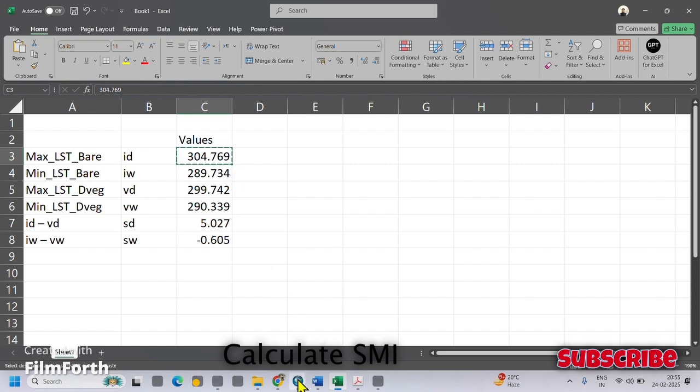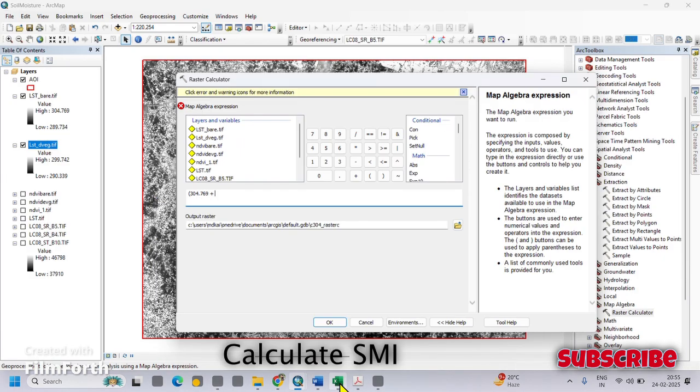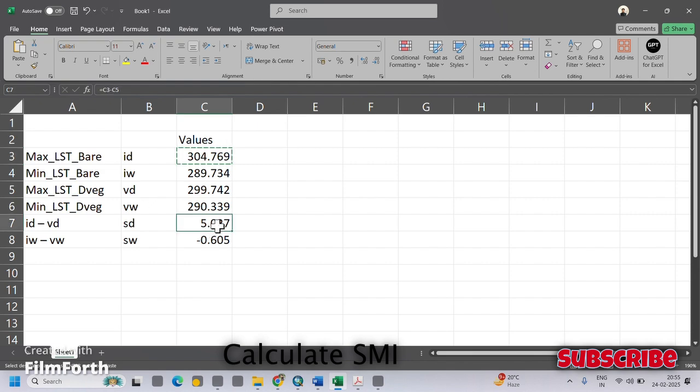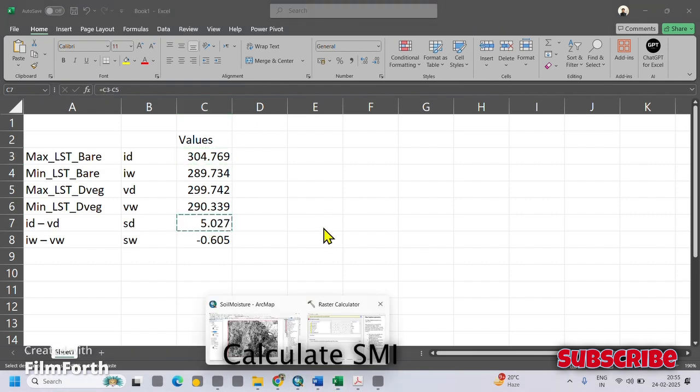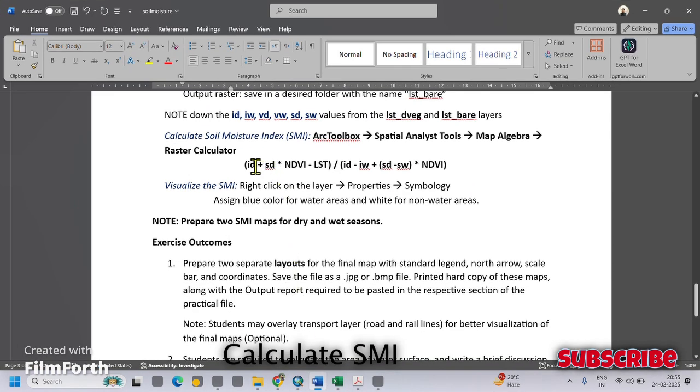Control C. ID plus SD, multiplied by NDVI minus LST, right? Let's see. ID plus SD multiplied by NDVI minus LST, divided by